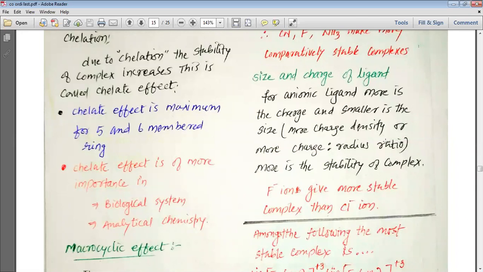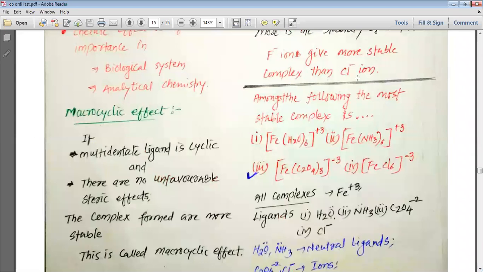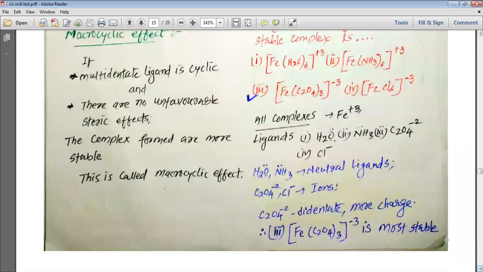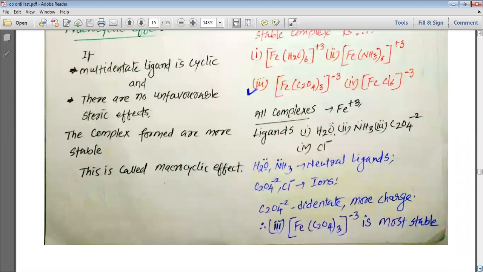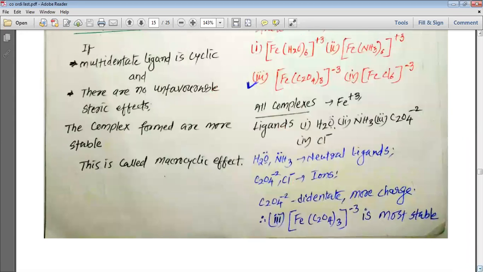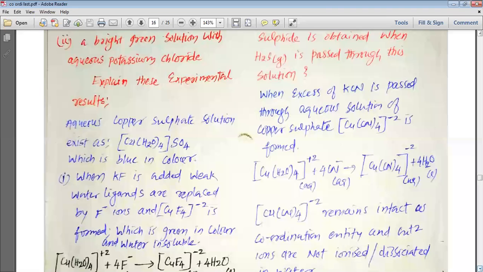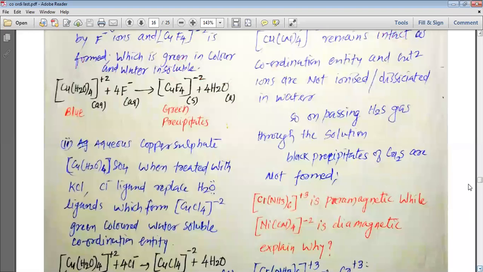So the higher the charge density ratio, or the higher the charge to radius ratio, the greater the stability. We have seen a few examples and solved some questions based on the stability that we can understand from the various factors. Then we solved some questions where the more stable ligands displace the less stable ligands and form the compounds, and the newly formed complex shows the color in the final way.